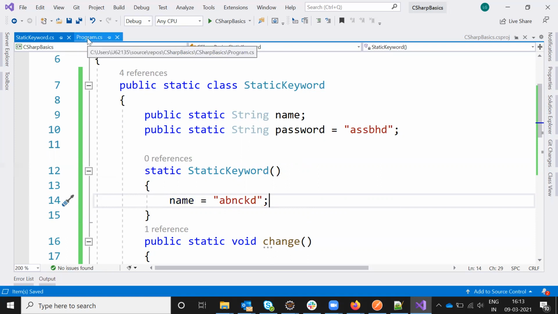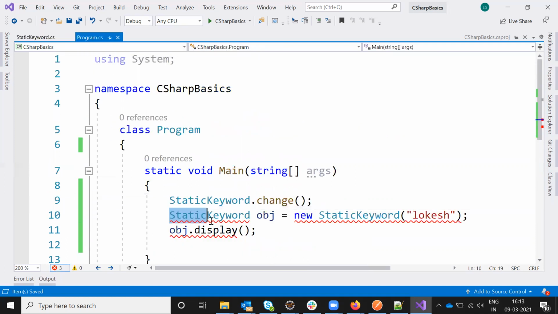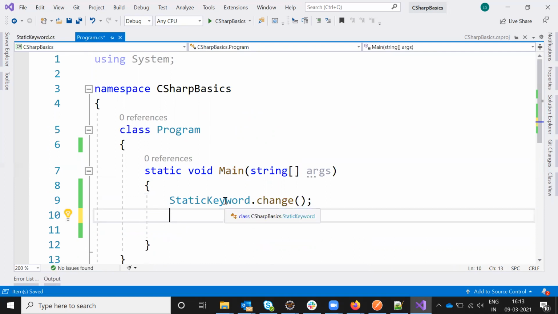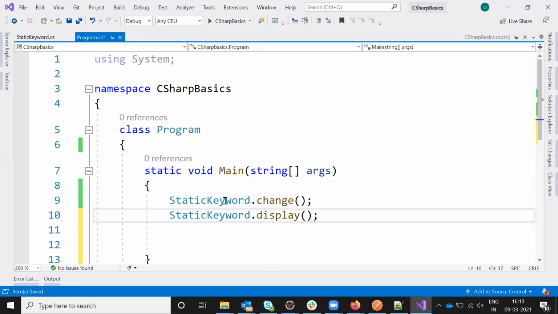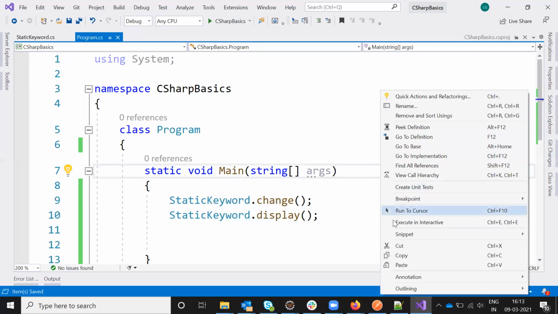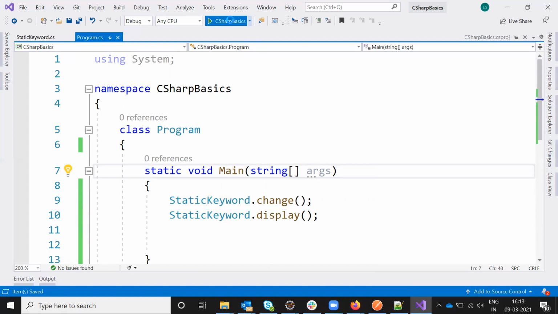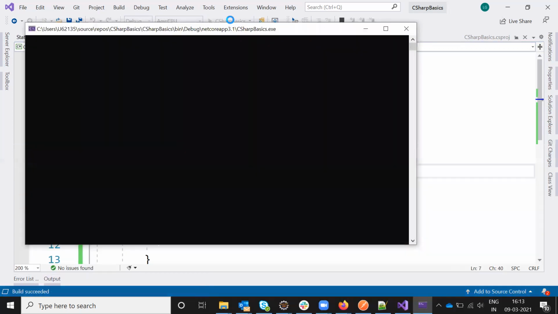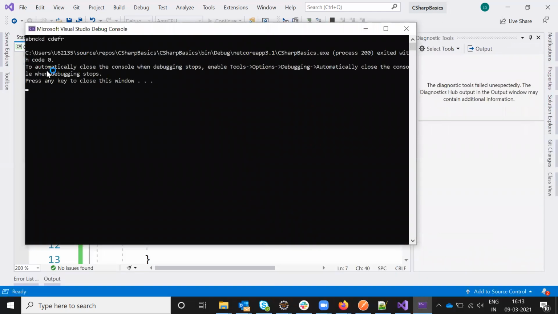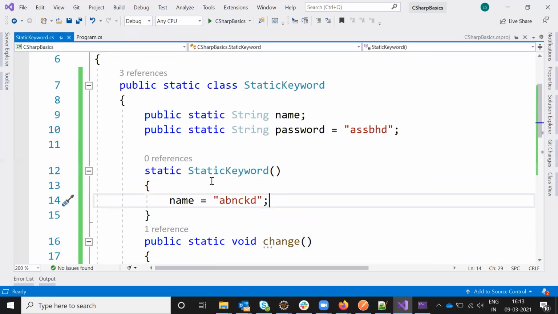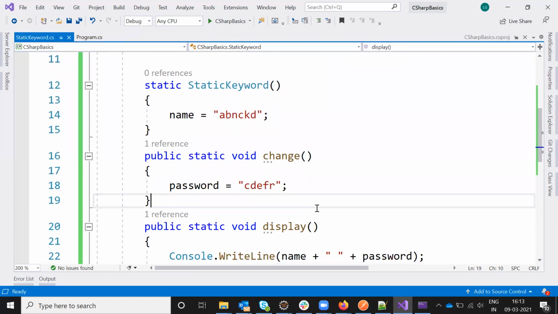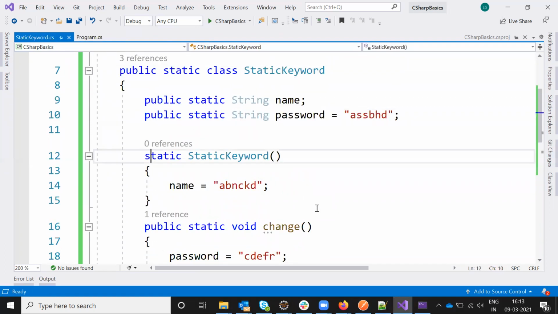And save. And here we don't want these things, and we can use dot Display. Without creating an object we can access these two methods, and if I run this one we can see. An instance object is present, right? It's already changed, that's why it is not able to change the value, but otherwise it will change. Okay, sorry, I didn't call.